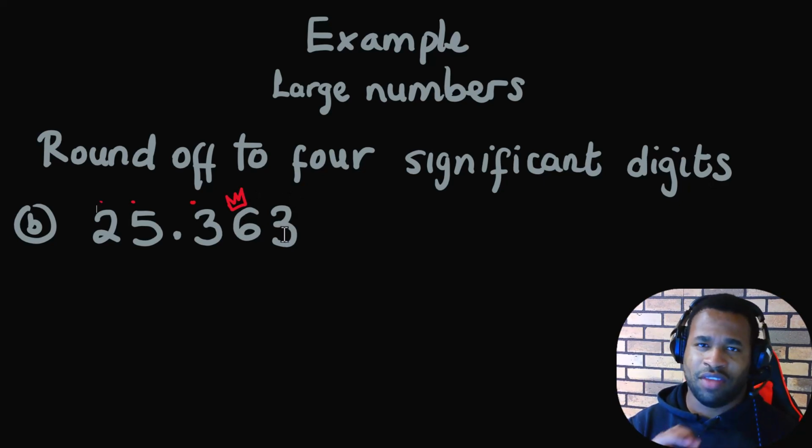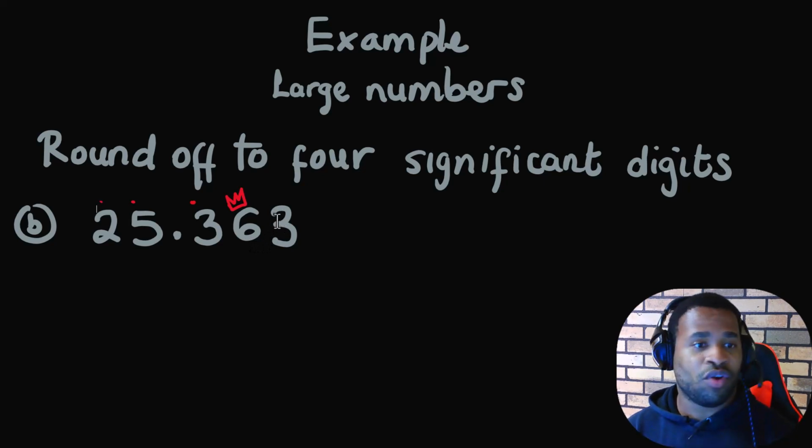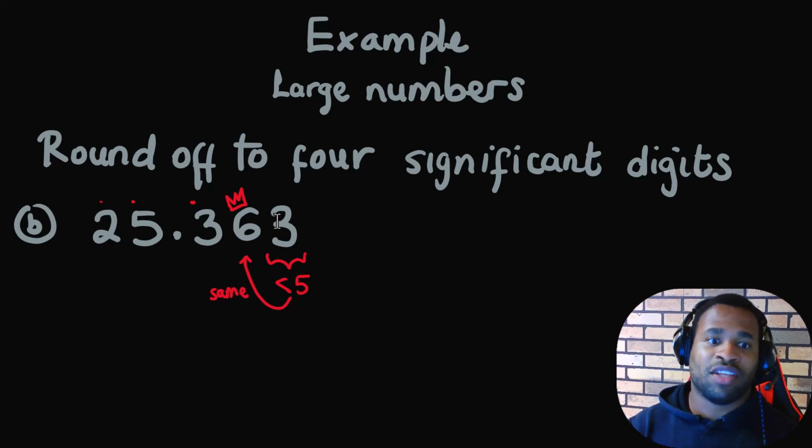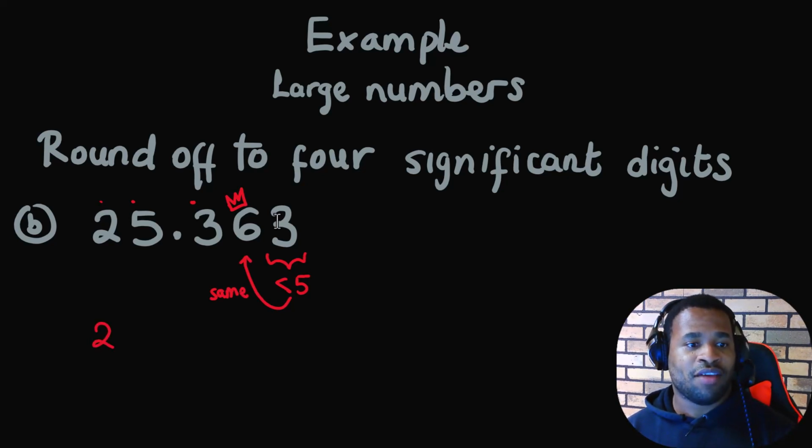In this case it is not, it is less than 5. Therefore we're not going to change. The significant digit is going to remain the same. So in this case we call it round down, and therefore our 3 will become 0, and our final answer, because our 3 is less than 5 and we said that there is no change, which means that the significant digit in question is the same, our answer will be